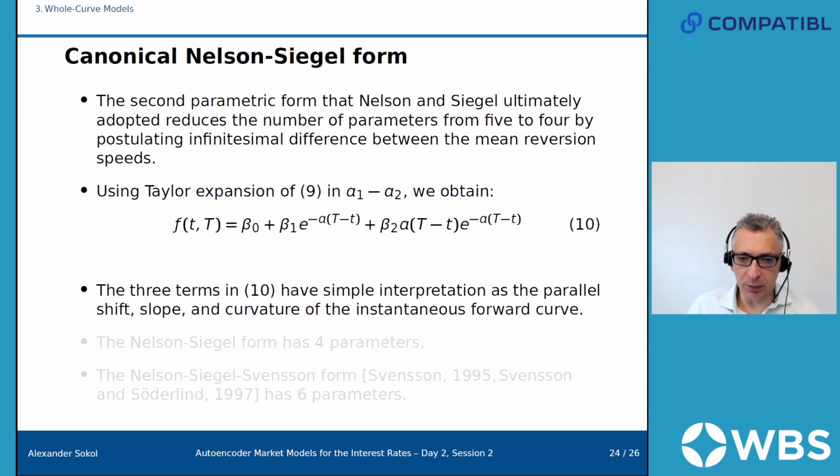And there is a simple interpretation to it as the constant, slope and curvature. So this is the constant term, this is a decaying term, and the term you see is linear in T minus t, so it first goes up and then it comes down. Okay, one thing about it, by the way, is that this is not a valid form, strictly speaking,